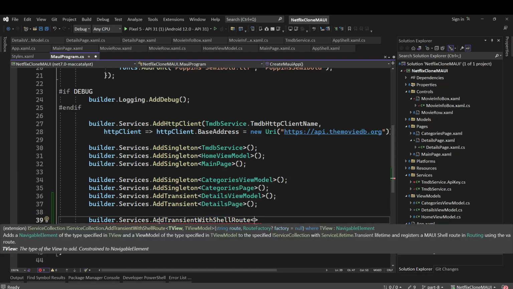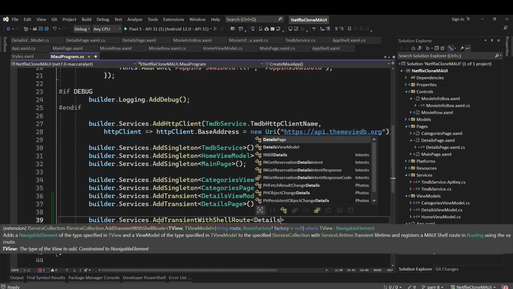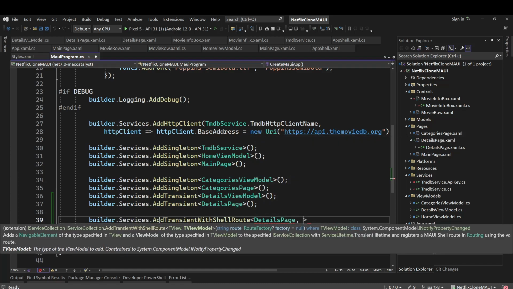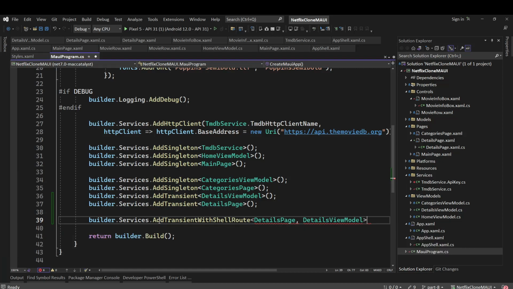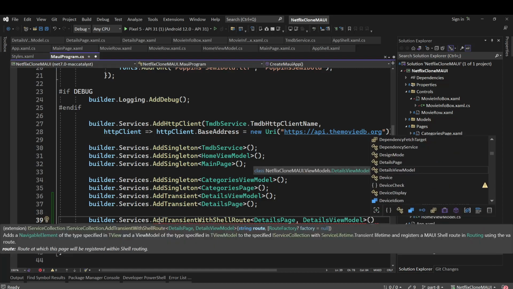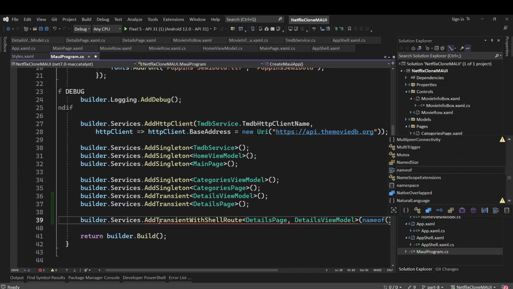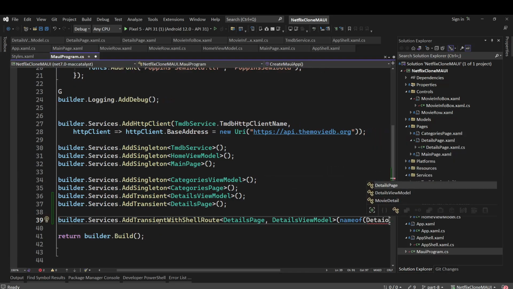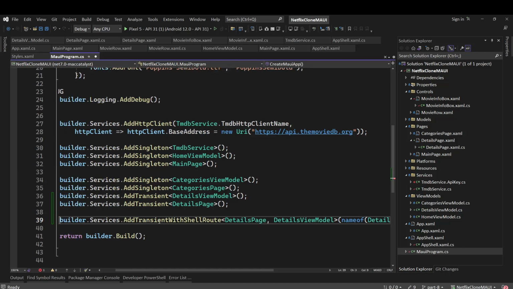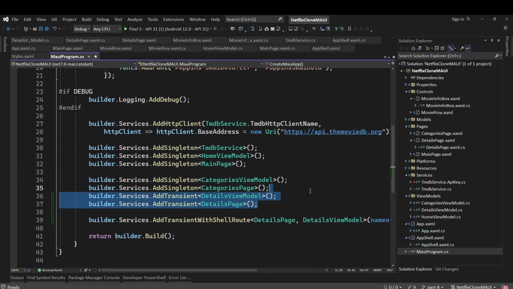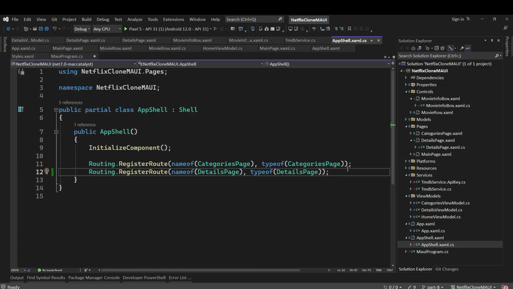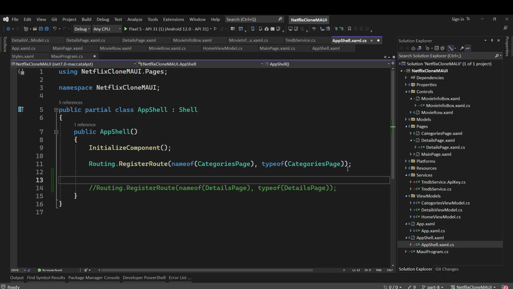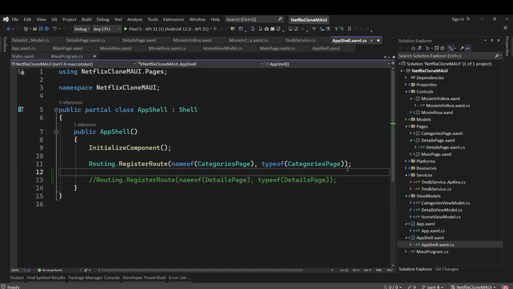So first one is going to be view, that is details page in our case, and second one is going to be view model, and that is details view model in our case. And then we can set the route, and route is going to be name of details page. So we can do this, and if we are doing this we don't need to register these separately here, and we can remove this thing from here. It will be taken care by